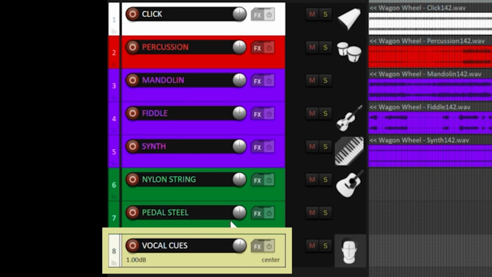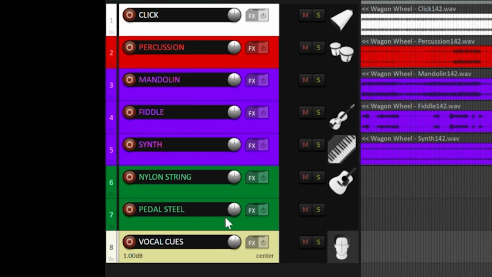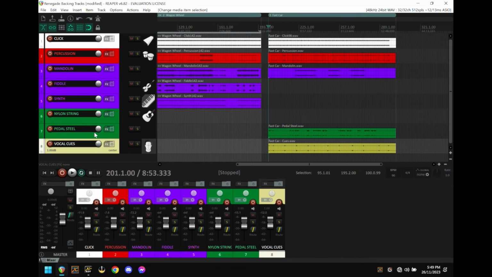They're going to be the words that will count us in and tell us where the changes in the songs are. Because this is a new song, that's kind of a helpful guide for us to have right about now. We may end up muting it later, easy enough to do if we had to, but for now it's in there. And so when I play this particular example, remember that it's essentially the same as the example we looked at. It's just that I've broken the backing track out into additional individual instruments.